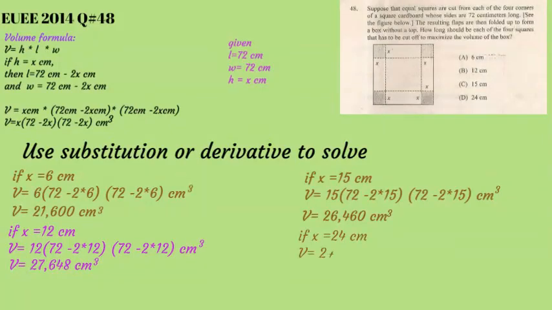We replace x with 24, and we do 72 minus 2 times 24 times 72 minus 2 times 24, and this will give us volume of 13,824 centimeter cube. So the highest of